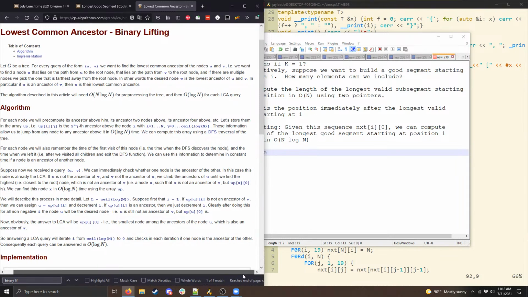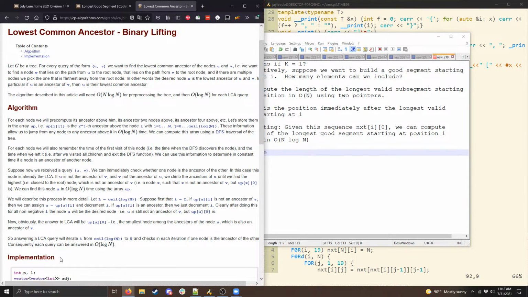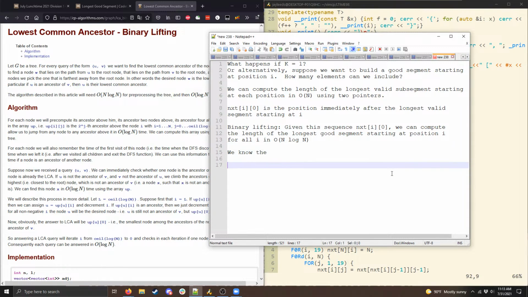So basically, binary lifting is something you might be familiar with from computing lowest common ancestors in a tree. If not, then don't worry, we'll be going over the more general explanation. But basically, in the context of a tree, what you do is you build an array up, where up of i j is the 2 to the jth ancestor above the node i. And so then what we can do is suppose we want to get the 5th ancestor above i. Well, then we can write 5 in binary. It's 1, 0, 1. And so we can write it as 4 plus 1 is its binary representation.